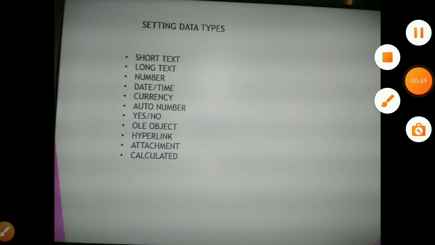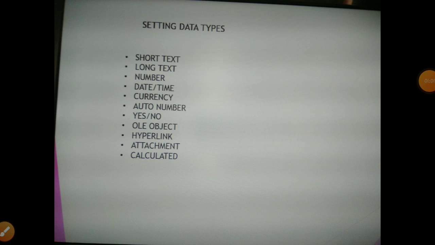What is OLE object? This stores a graphic or an object such as an Excel worksheet or a Word document. What is hyperlink? This is a clickable path to a folder on your hard disk, a network location or a website.